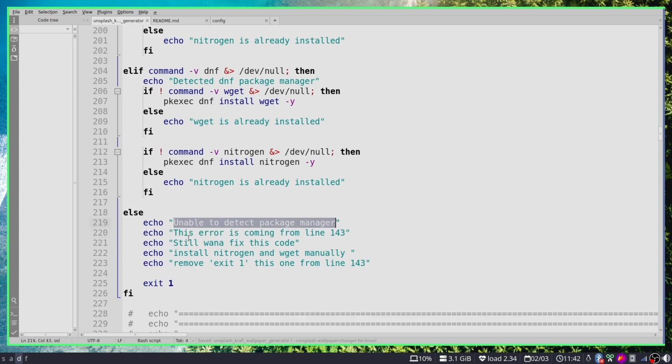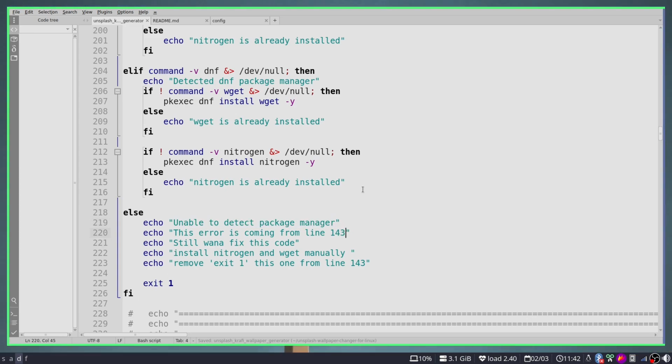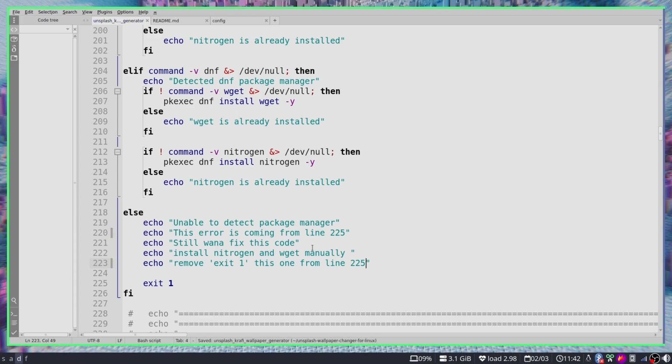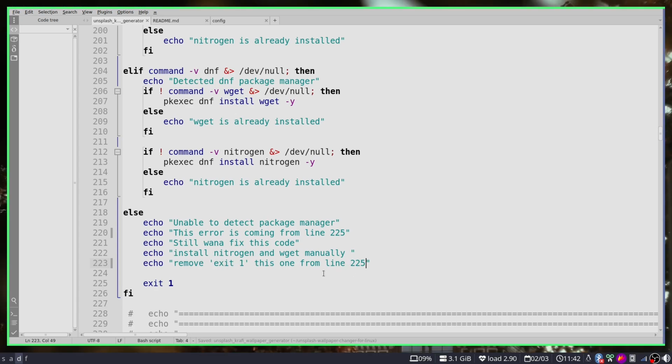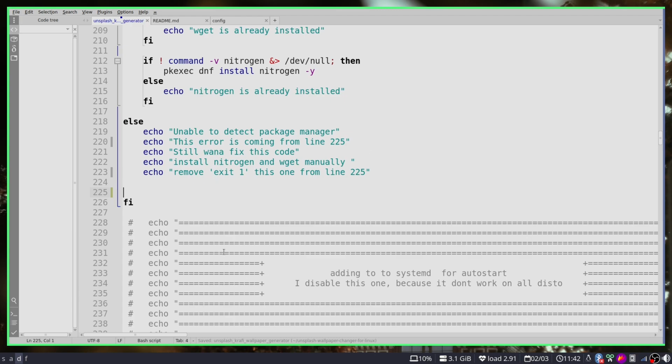This error is coming from this line, which I'll change. If you still want to fix this code, install nitrogen and wget manually and remove the exit 1 from this line. So you have to come and remove this and install wget and nitrogen manually, and this code will still run